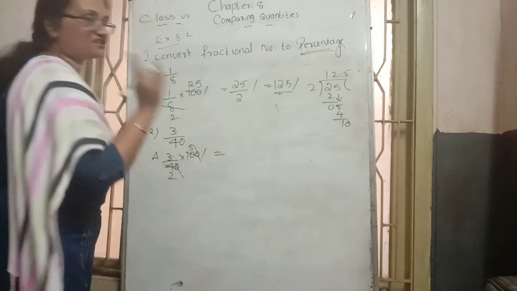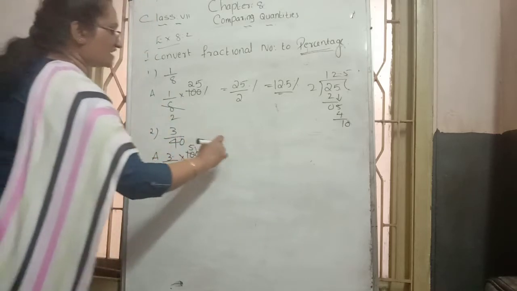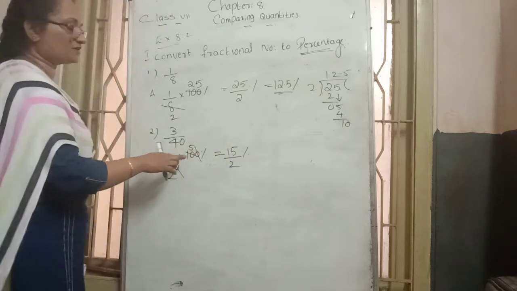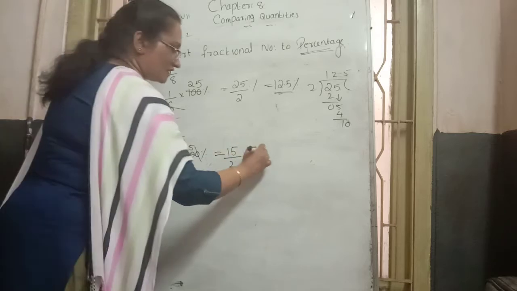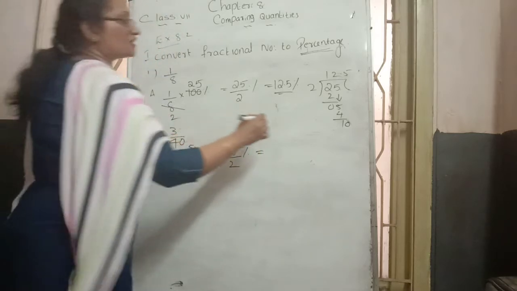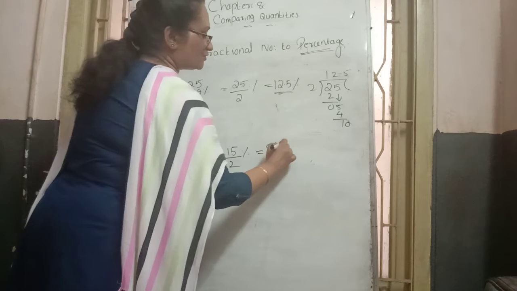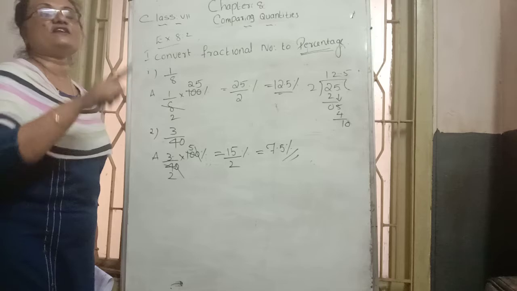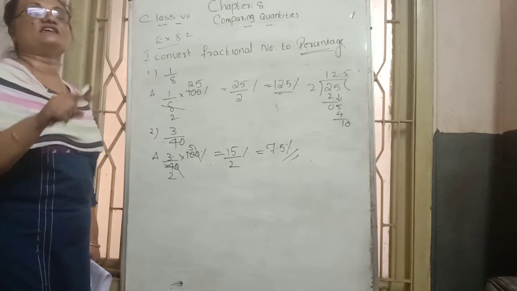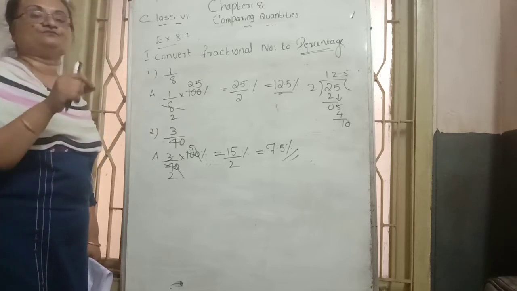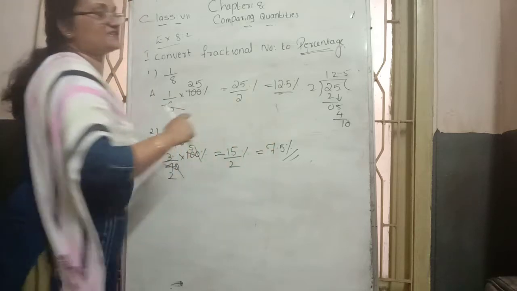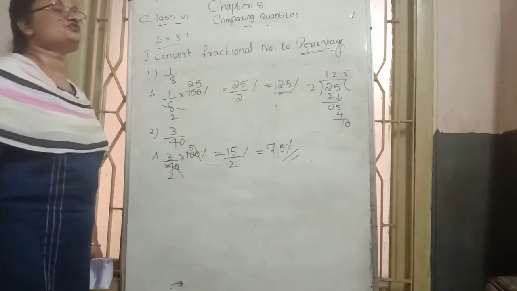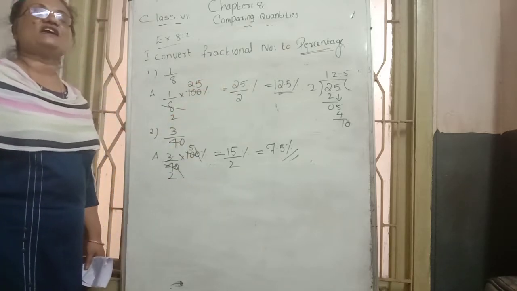Then numerator into numerator, as we learned in the second chapter, fractions. 3 fives are how much? 15. Denominator which number? 2, and which symbol to remember? Percentage symbol. Write it fraction-wise or divide. How much will come? 7.5 percent. 2 table for 15, note the nearest answer 7. 15 minus 14 becomes 1. Then put 0. Then 10, 2 table 10, 5 times. So 7.5% is the answer. I hope you can understand how to convert a fractional number to a percentage.